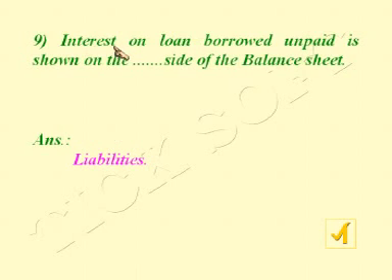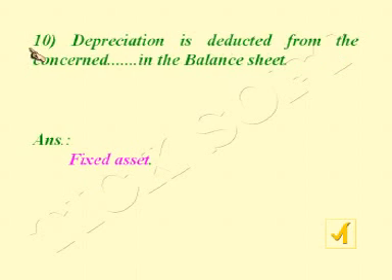Ninth one, interest on loan borrowed unpaid is shown on the dash side of the balance sheet. Answer is liabilities side of the balance sheet. So pending interest, payable interest, we borrowed a loan. For that purpose, yearly we have to pay interest. That interest is outstanding. That interest is unpaid. So that is a liability of the business concern. So balance sheet, liability side. 10th one, depreciation is deducted from the